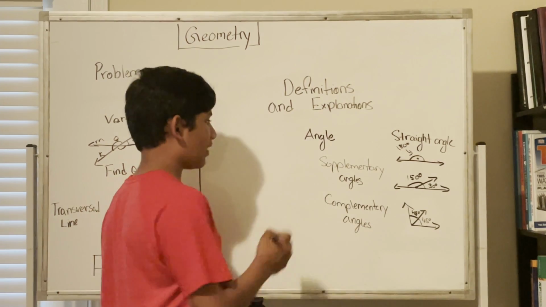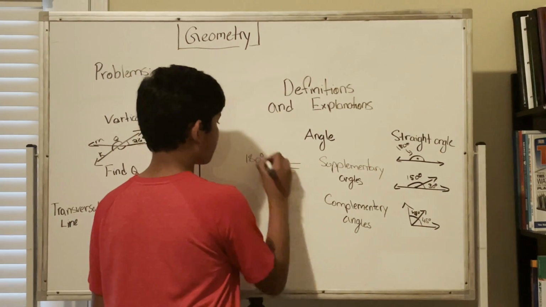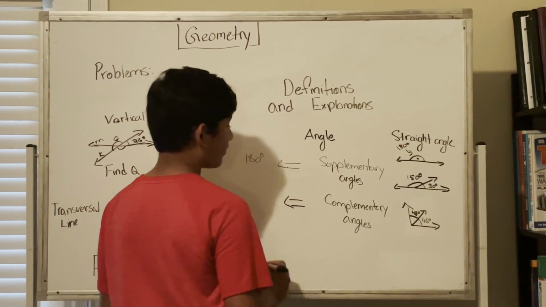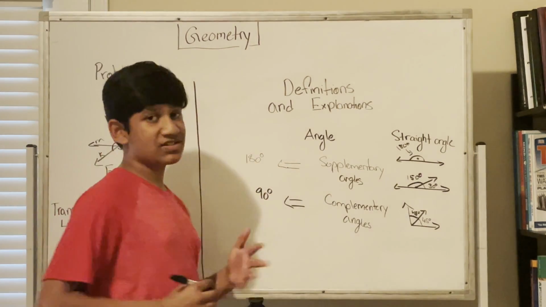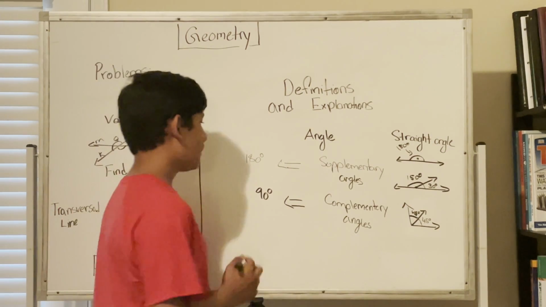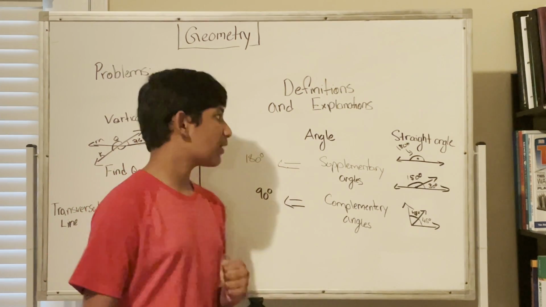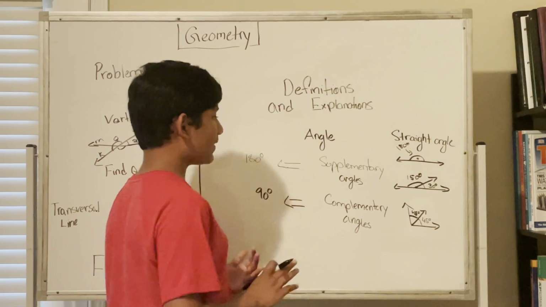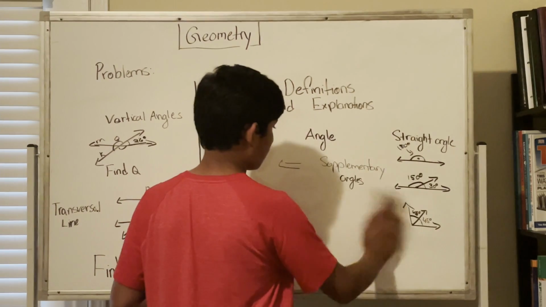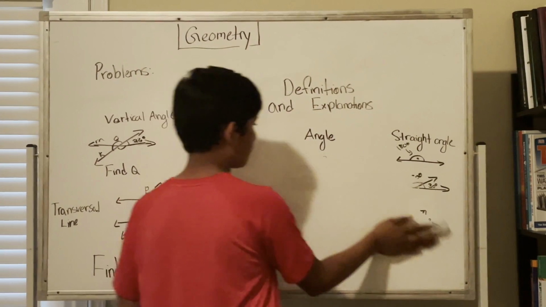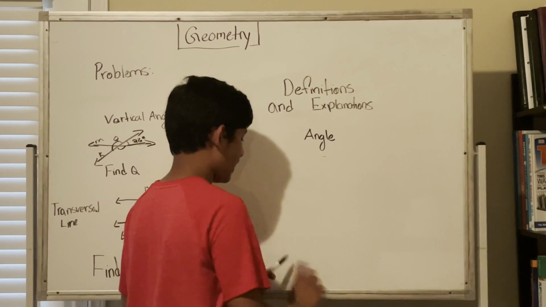Notice that supplementary angles infer that we're dealing with 180 degrees. Complementary angles infer that we're dealing with 90 degrees. 90 degrees and 180 degrees and 360 degrees are very important in geometry because 180 degrees is a line, 90 degrees is a right angle, 360 degrees is a full circle. Okay, so these are very important to realize because supplementary and complementary angles are important when we analyze some of the important problems. So here are some problems over here for supplementary and complementary angles.